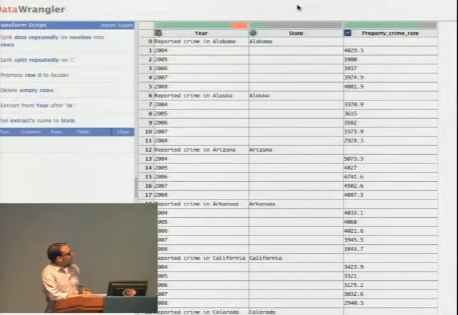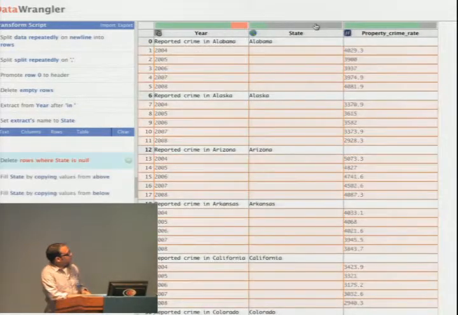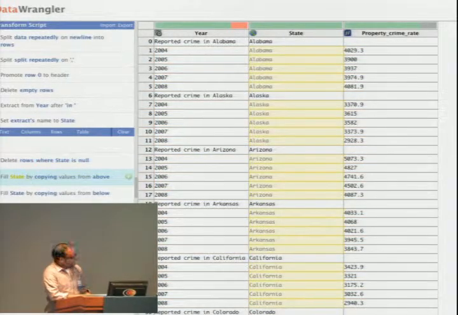The state column is sparsely populated. Missing values are indicated by the gray bar at the top of the column. When we click the gray bar, Wrangler suggests transforms for missing values. We can choose the next suggestion by pressing the down key on the keyboard. We can execute the suggestion by pressing Enter.